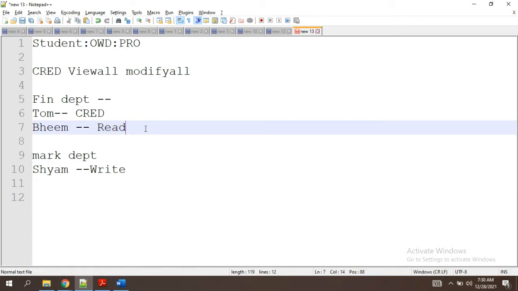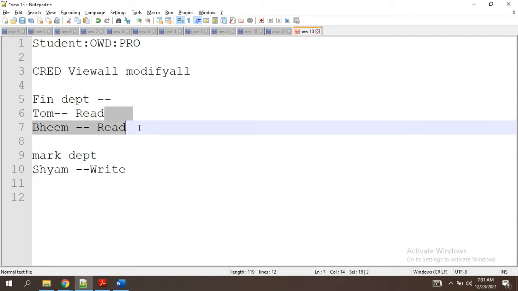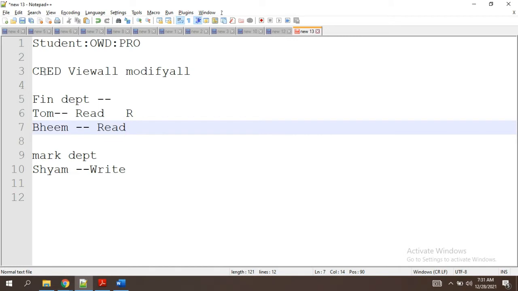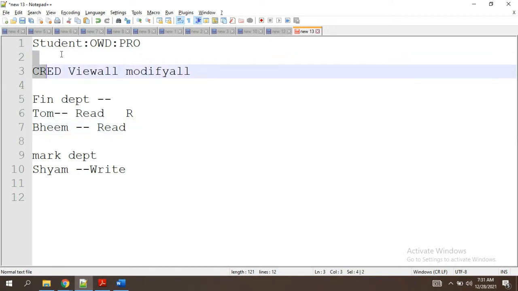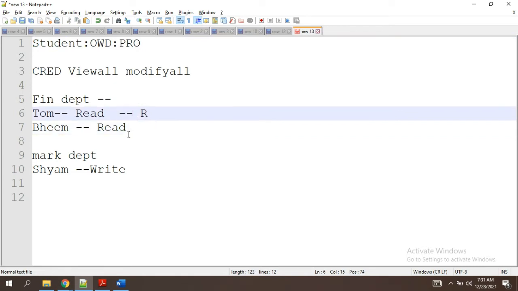When they required only read for the other records, what should I do? Okay, it's a bit confusing. So now what we have to do is, at the profile level, we are going to give only R. In the CRED we are checking the box for R, and yes, it is finished.